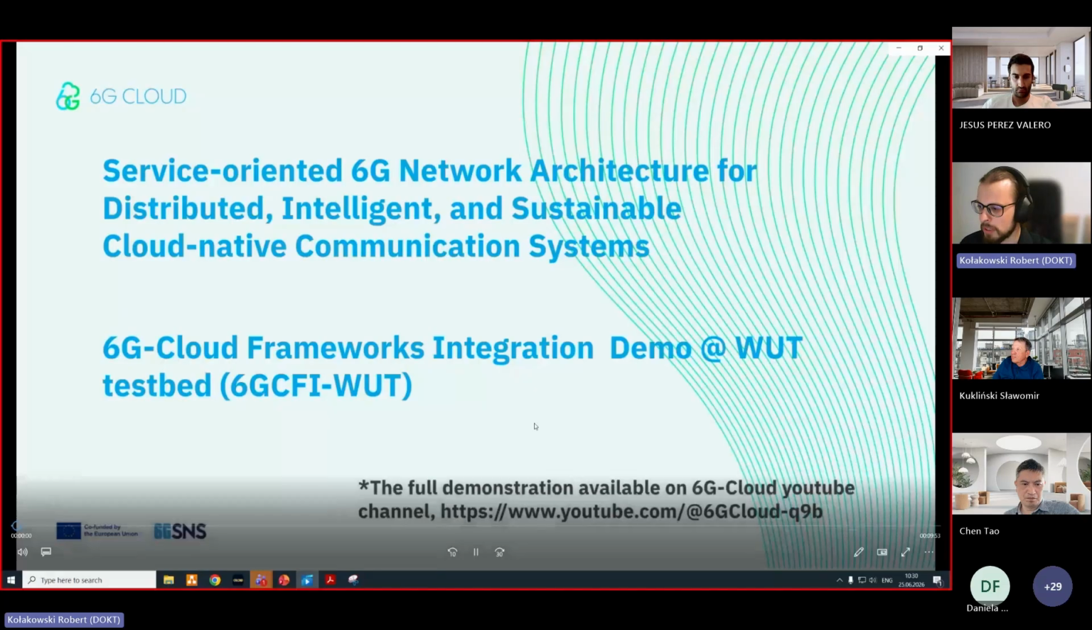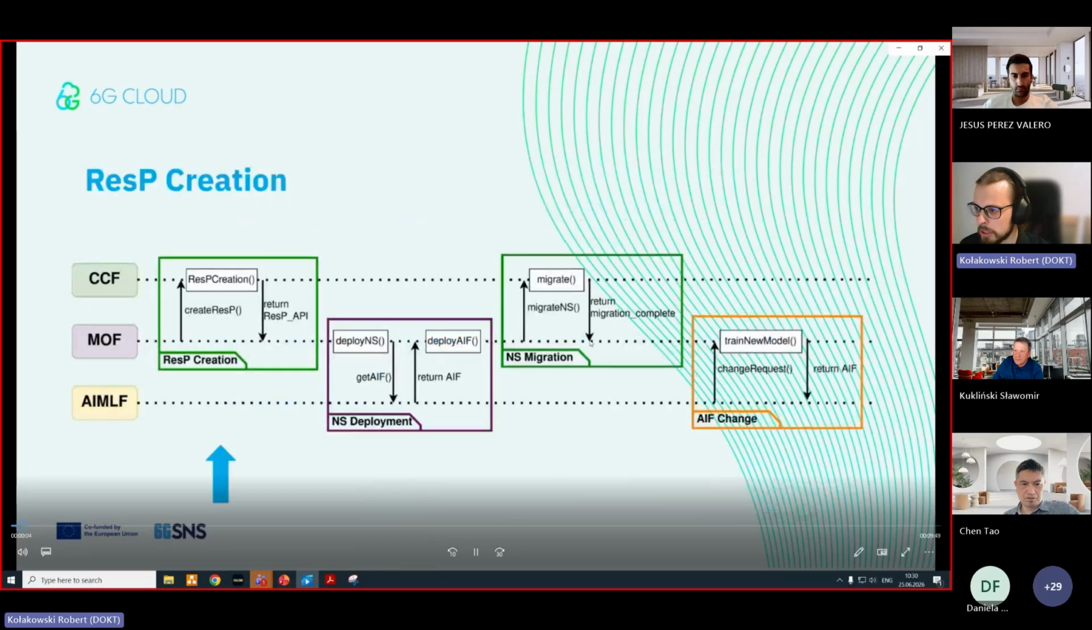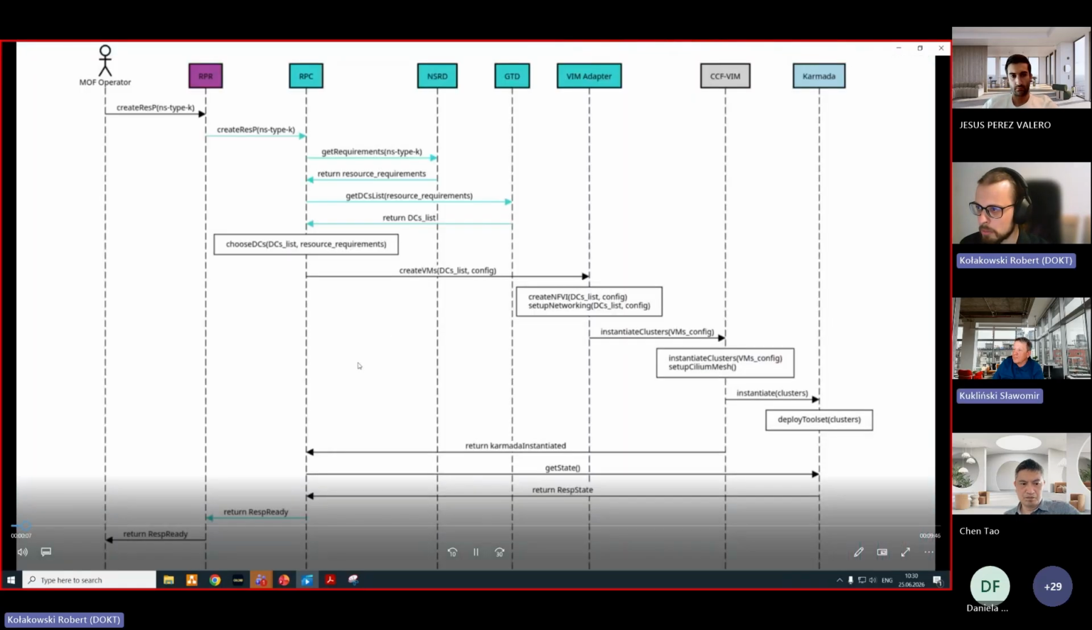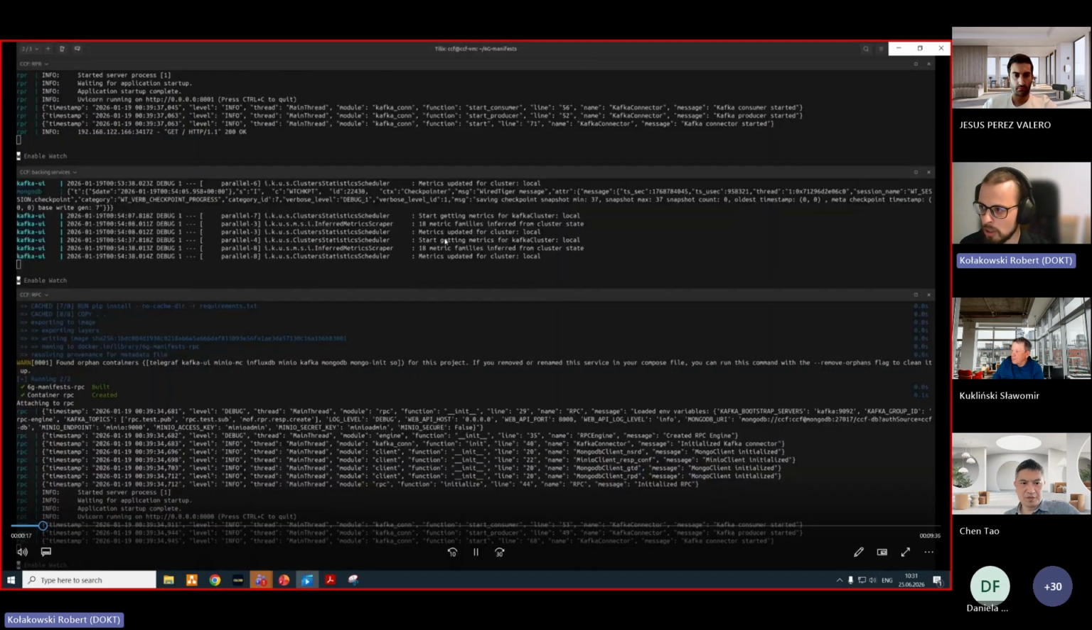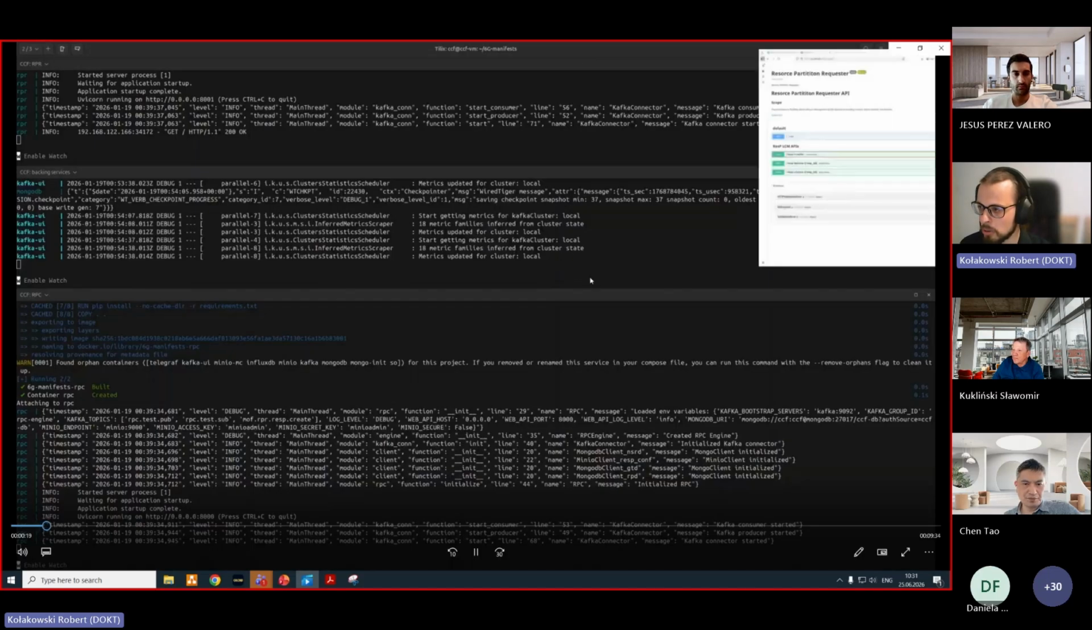Okay, so starting with the demo, as you can see, the full demonstration is available on our channel. So the first step is RESP creation. Here is the overall procedure of how it works. Essentially, the MOF operator is going to request the creation of RESP, and after that, CCF is going to handle all of the logic to establish the